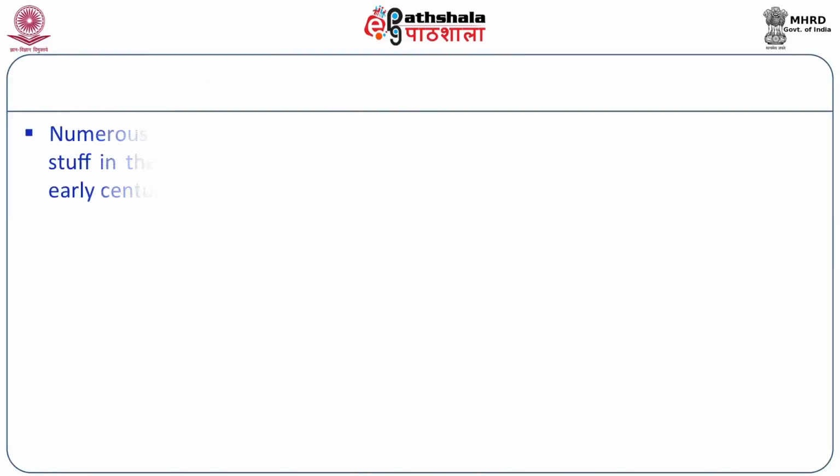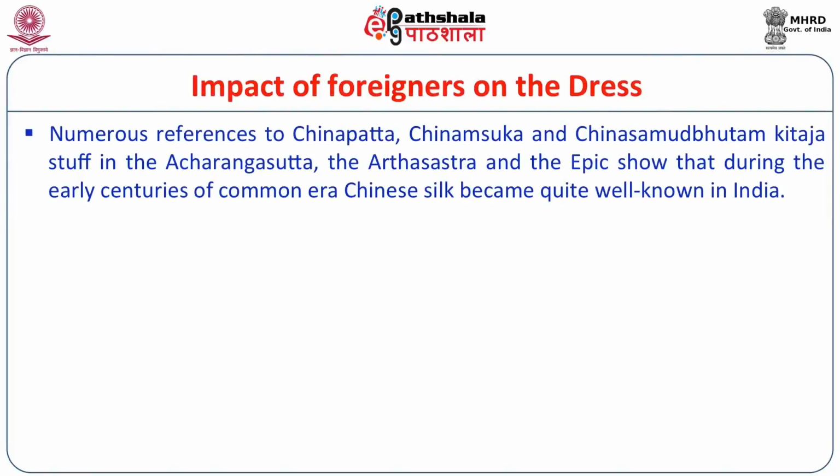the people. So numerous references to Chinapatta, Chinamshuka and Chinasambuddhata, Kitaja stuff in the Acharanga Sutra, the Arthashastra and the epics show that during the early centuries of the Common Era, Chinese silk became quite well known in India. And it was possible because we had regular trade relations with China through the Silk Road, which actually went till it joined the riverine route in the Indus, and Chinese silk is said to have been transported from the port of